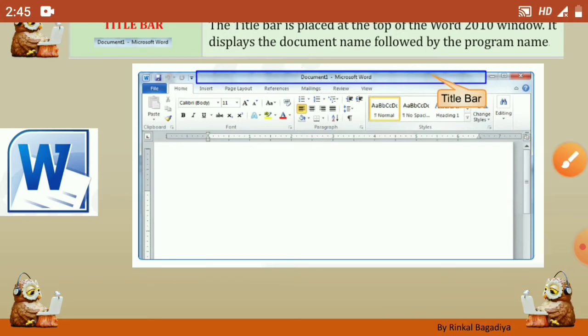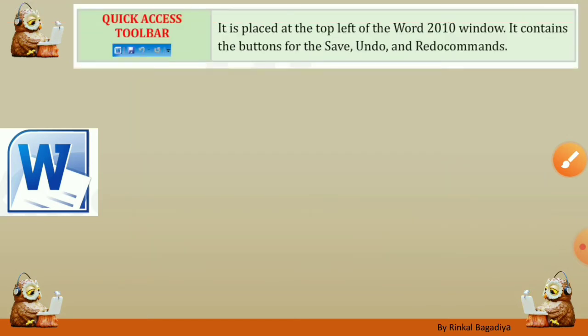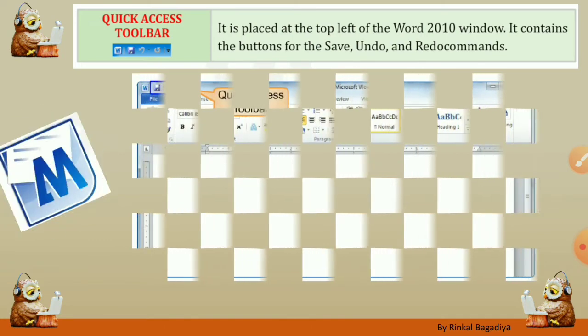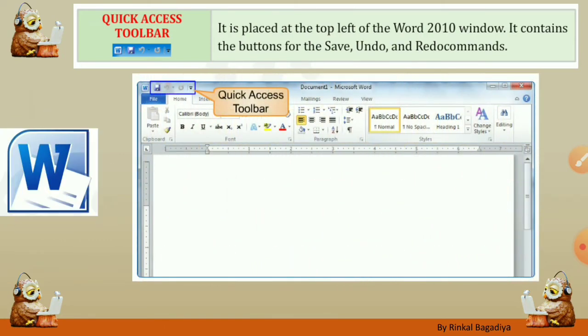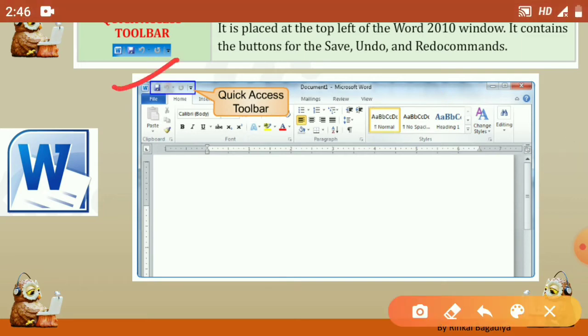Okay, so next is the Quick Access Toolbar. It is placed at the top left of the Word 2010 window besides the File tab. It contains the buttons for the save, undo and redo commands. Here you can see on the screen, it is the Quick Access Toolbar. The first option is save, then undo and redo.